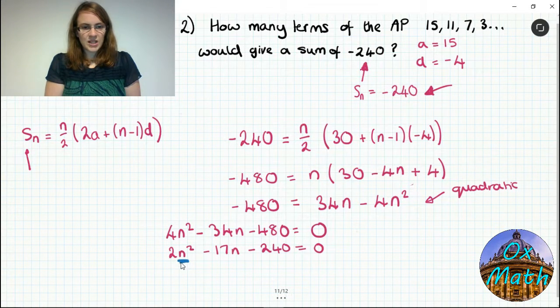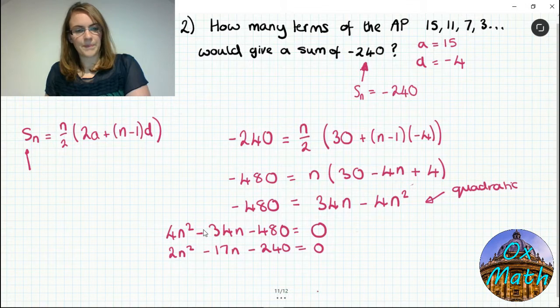Now, because this equation has an n squared term and an n term in it, it is a quadratic equation. If you can't remember how to solve quadratics, then look at my video on that. But for now, we are just going to continue and solve this as we would any normal quadratic equation. Now, this is quite a tricky one to factorise, so you could solve it using the quadratic formula, but it does actually factorise into